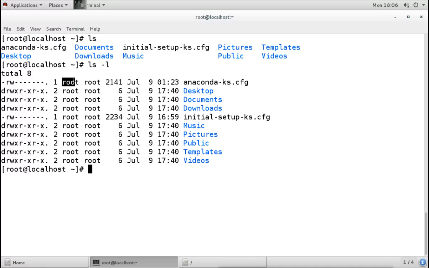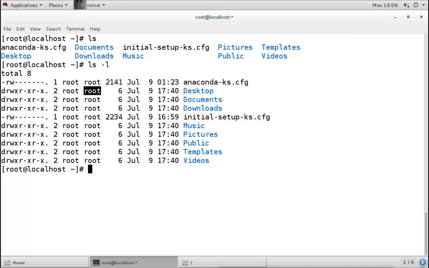So the first name, root, is actually the name of the user, which is the owner user of the particular file or directory. The second name is a group name. This is the owner group of that file or directory. So we have the owner user name and the owner group name here.